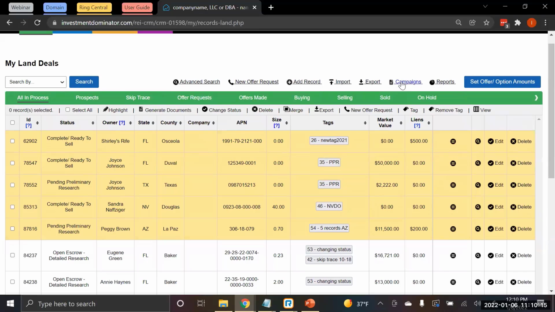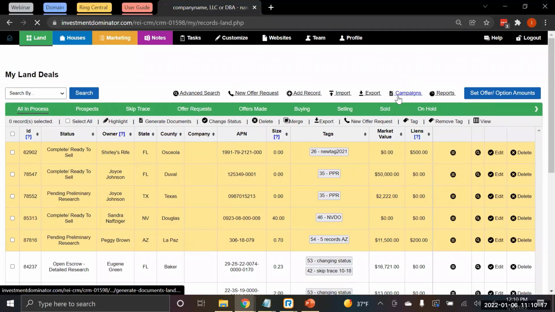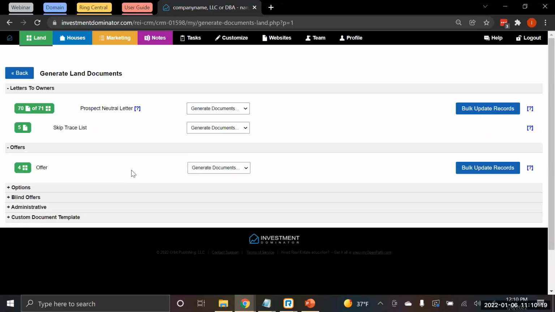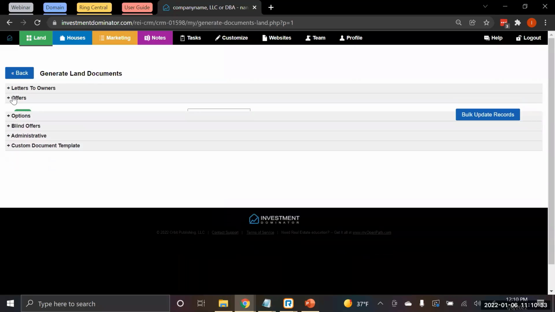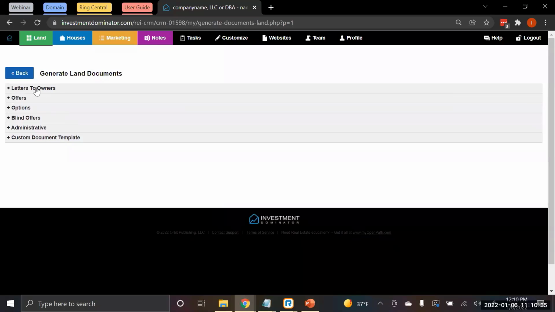Now let's go ahead here to campaigns. And what you're going to see, number one, is this whole section, and this is really called the campaign sections, but you'll see this title here just to be able to generate your land documents. Now, just kind of getting a high-level overview before we dive into this,